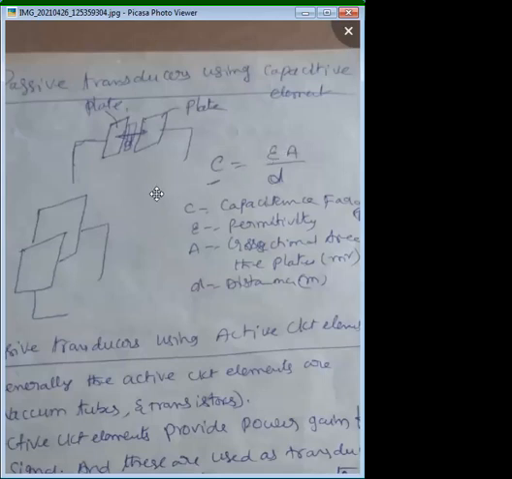Similarly, the dielectric material which is present in between the two plates has some constant value. If the two plates are fixed, but the dielectric material changes its position from left to right or up to down, then there is a change in the permittivity of the material, and due to that the capacitance of the capacitor will change. Based upon these three physical variable changes, there are three types of capacitor transducers that can be used